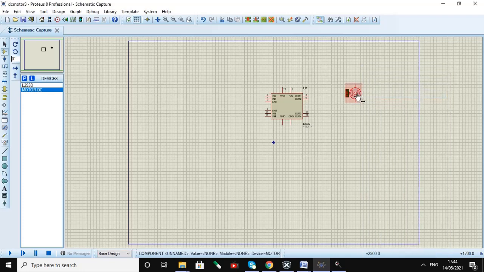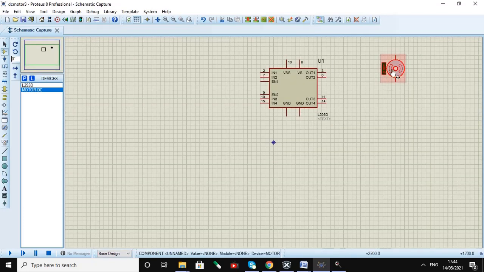Now we will connect the DC motor. So we have connected the DC motor.